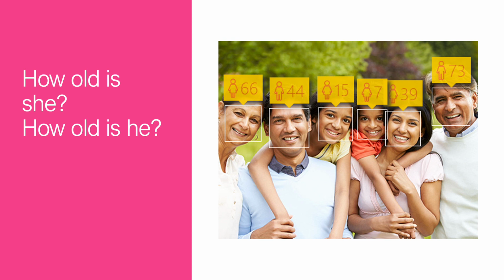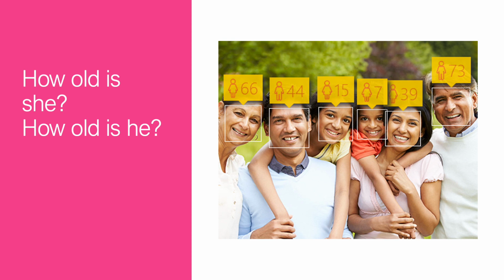The next point that we are going to talk about is telling how old people are. For example, in this picture, you see a picture of a family. So you are going to ask, for example, how old is she? Or how old is he? Now let's start with the first person on the left. This is a woman. So we're going to say, how old is she? As you can see here, she is